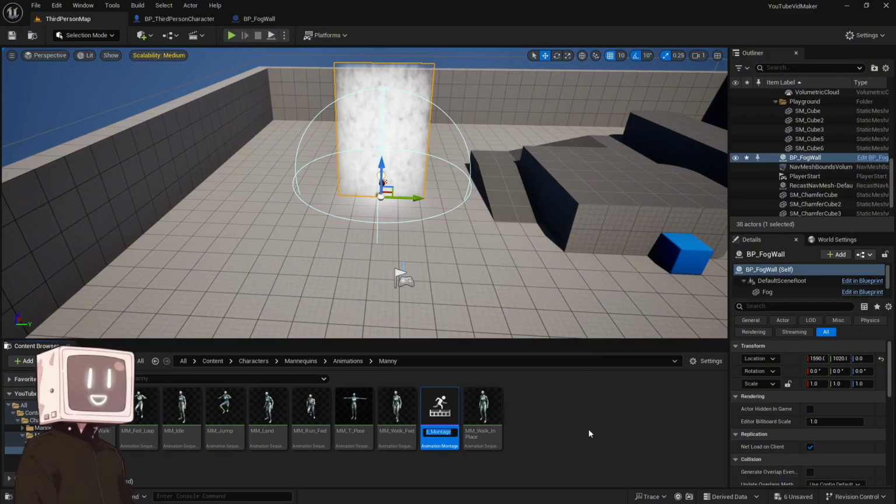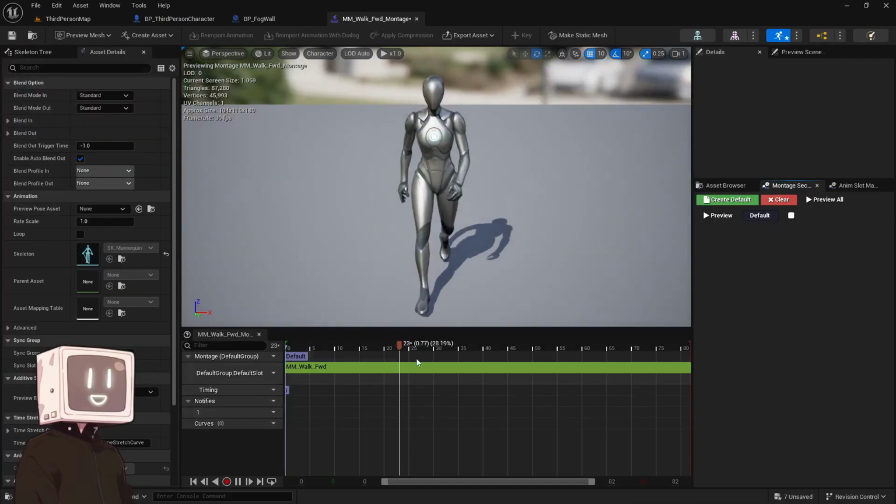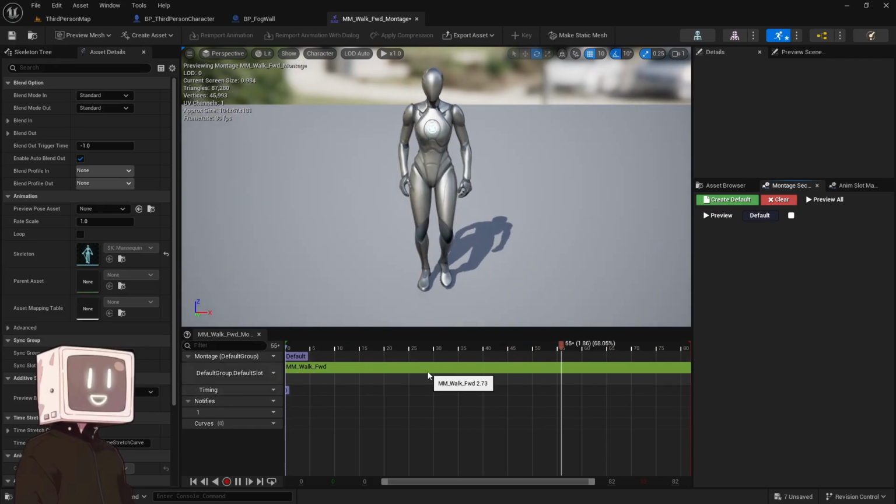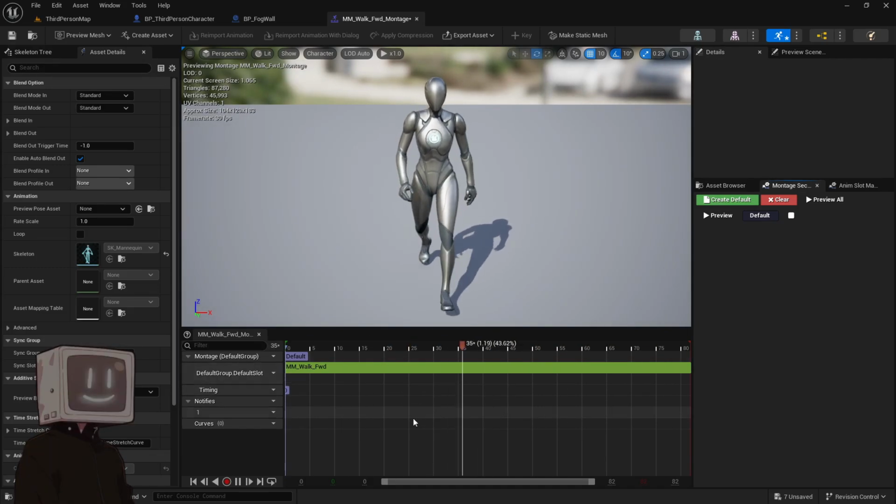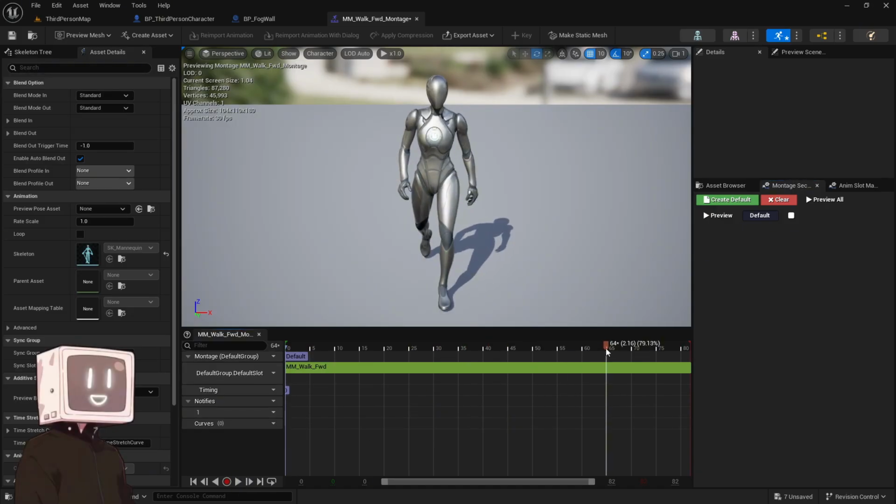Create a montage. Alright, so what we're going to do is open this. And now we've got this massive walk, but I'm going to shorten it to